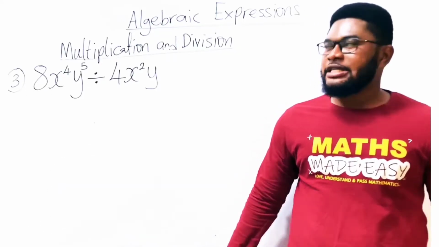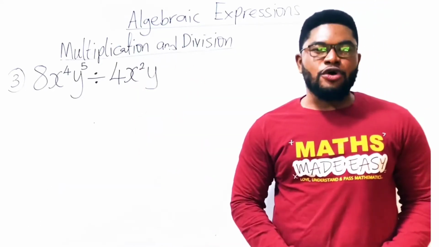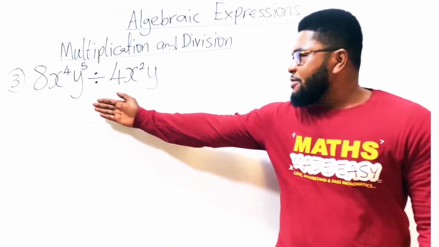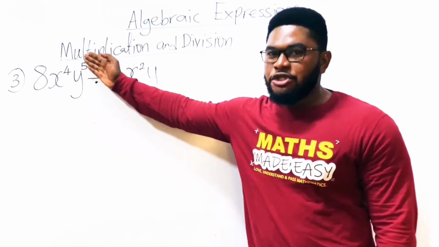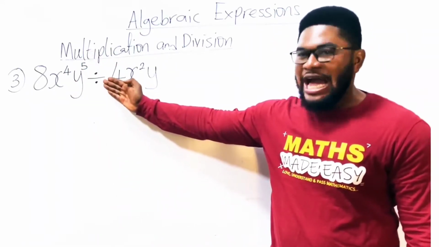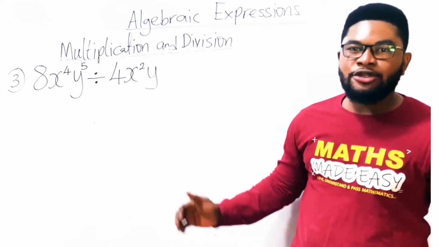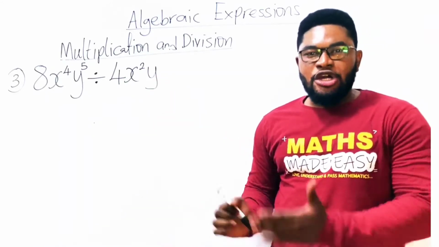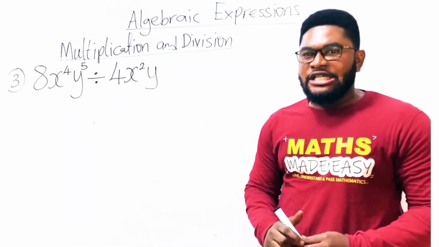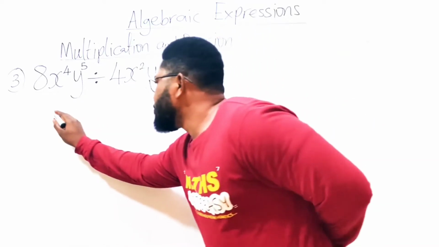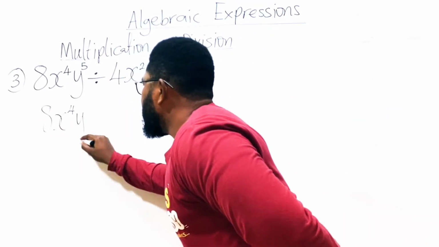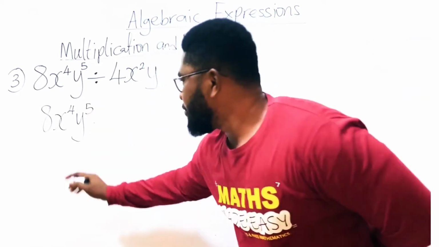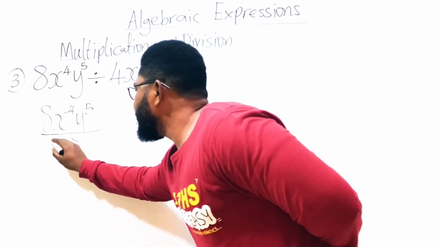Let's take the third example under division of algebraic expression. Here we have to simplify 8x raised to the power 4, y raised to the power 5, divided by 4x raised to the power 2, y. Now you can rewrite it in the numerator and denominator format. So 8x raised to the power 4, y raised to the power 5, divided by 4x